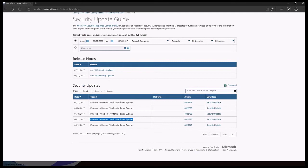As you can see in the Microsoft Update Catalog, previously you could see both the Delta and the cumulative updates for each of the 32-bit and 64-bit architectures, and they both have the same KB number. The Delta update only contains the new non-security and security fixes since the previous month. Now, if you look at this update here,